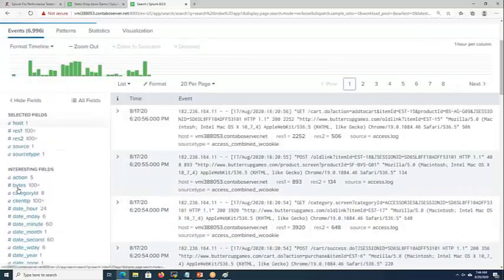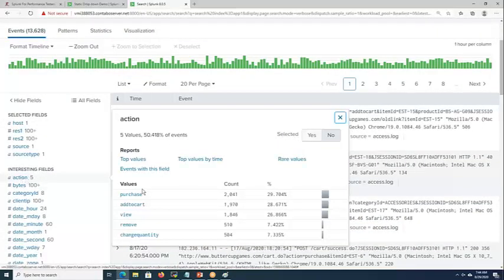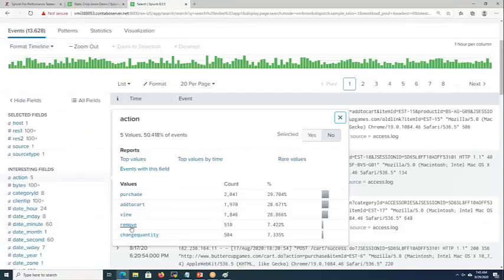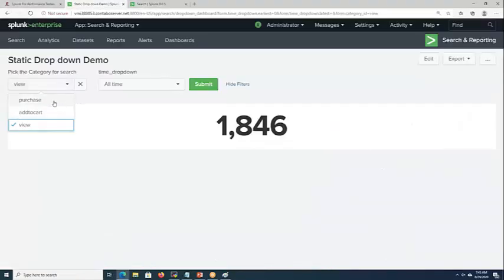So if you see here, there is something called action. This action has five fields. But on day one, or in the second sprint, I created a dashboard which has only three, because during that time the other two functionalities were not ready. For example, remove was not ready during my first sprint. But again, on the third sprint, I have to revisit and change or configure the dashboard.